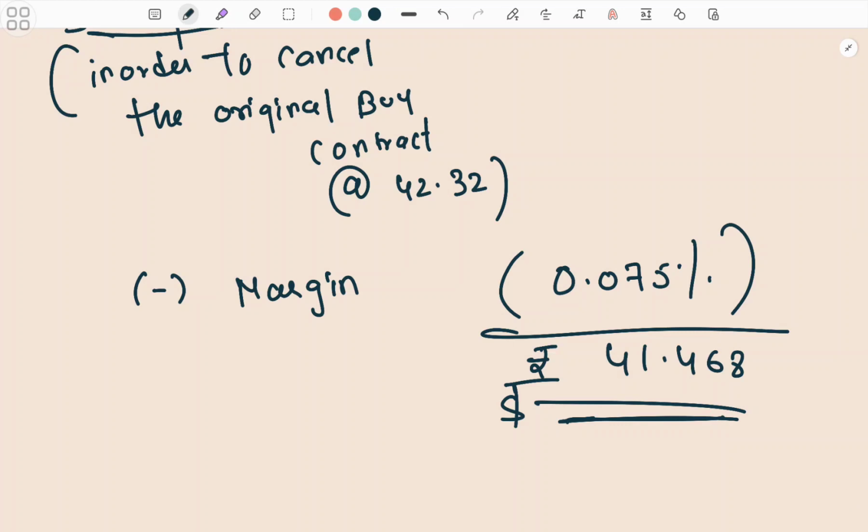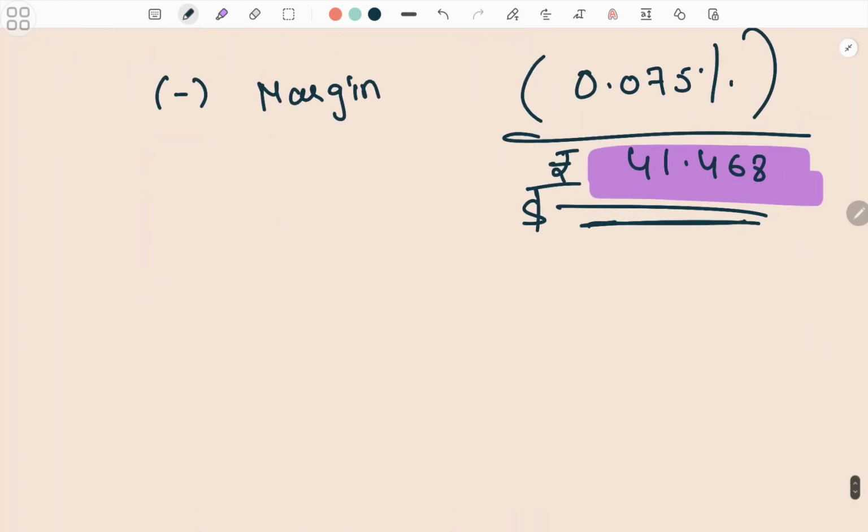And he bought it at this rate 42.32 and he's selling at 41.468. A clear cut loss to the customer, cost to the customer, but a benefit to the bank, right? So that is what was asked in the question. What is the cost to the customer? So this is the cost, the cost to the importer